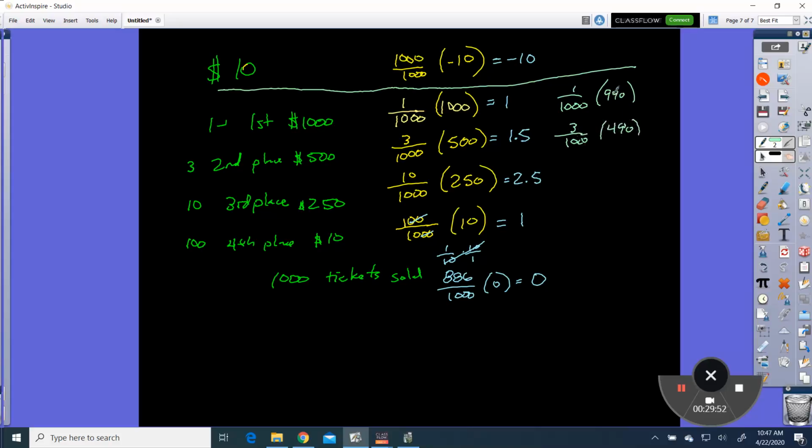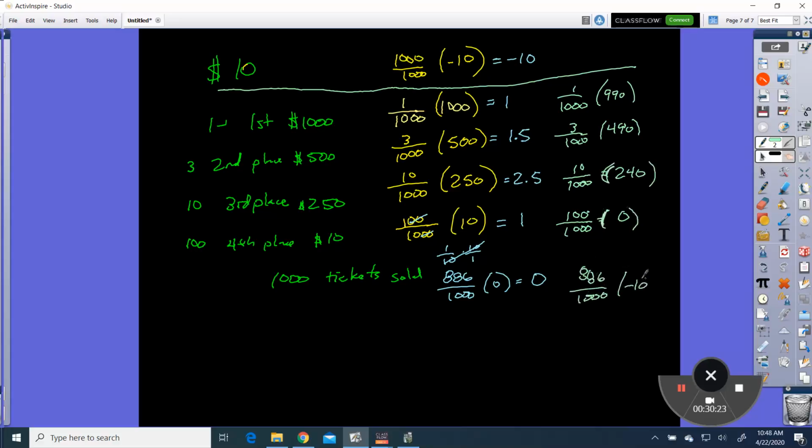So they leave $990 richer. This person leaves $490 richer because they lost their 10. These people leave $240 richer. These people break even. And then we have this number of people